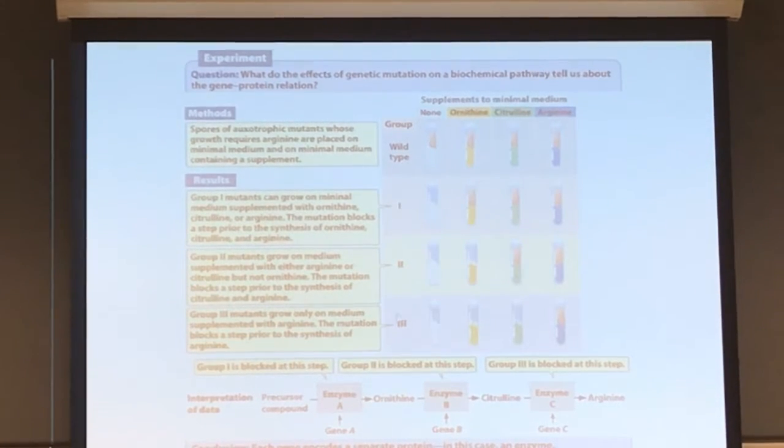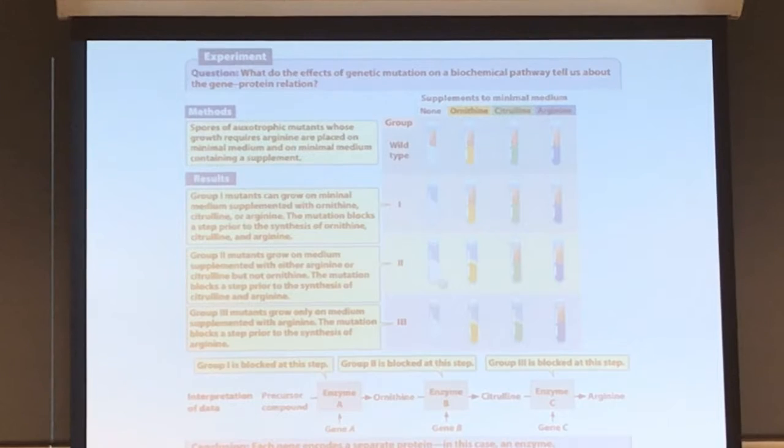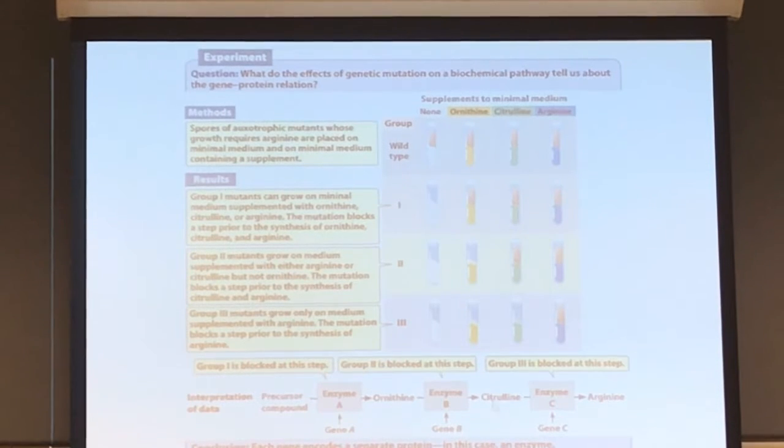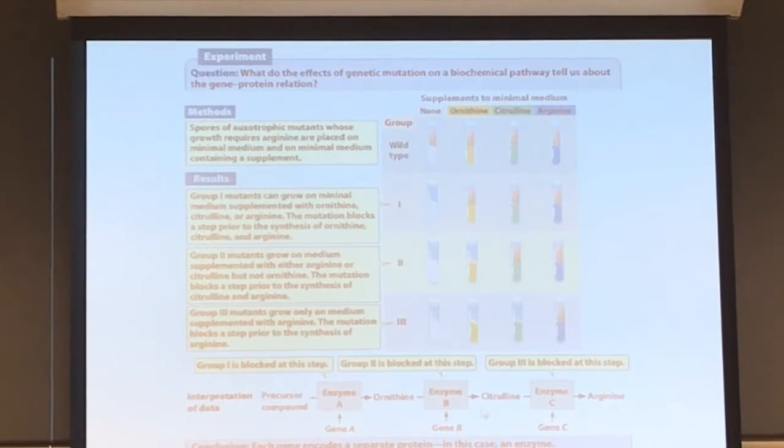Or in the other case, for example, if you add the precursor and ornithine is being synthesized, then this pathway from the precursor to ornithine is fine. In the second group, if you add ornithine, and if you don't see citrulline, then you know that enzyme B, for group 2 here, is blocked. Which means the enzyme required for ornithine to citrulline is mutated in the irradiated Neurospora,